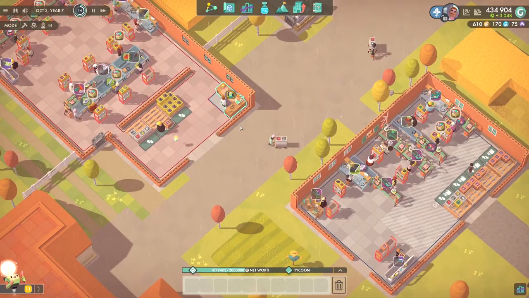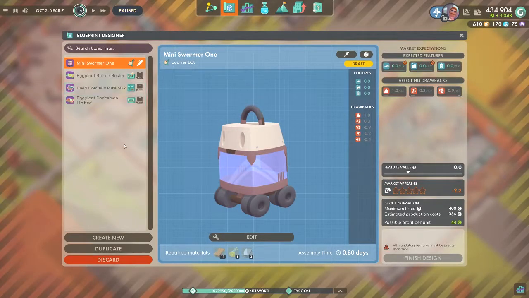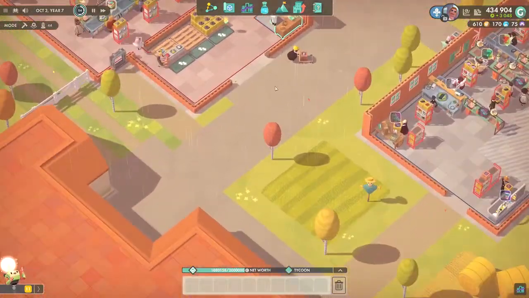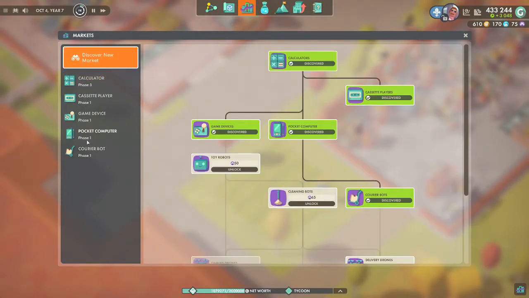As always, I am Dor, and today we are going to go ahead and set up an assembly line for another product here. We're probably going to leave the drone guy alone, and then we're probably going to go ahead and make something else here in the meantime. I think we have enough points to go and research something else, but we also have stuff we haven't made yet, right? We haven't made the pocket computer, so I think that's what we're going to go ahead and do